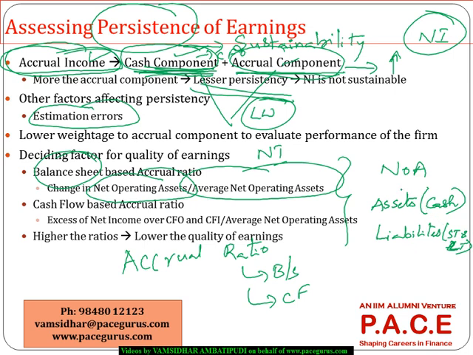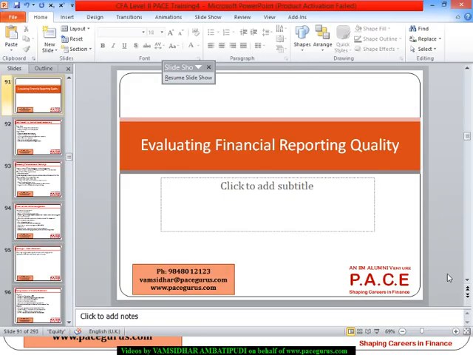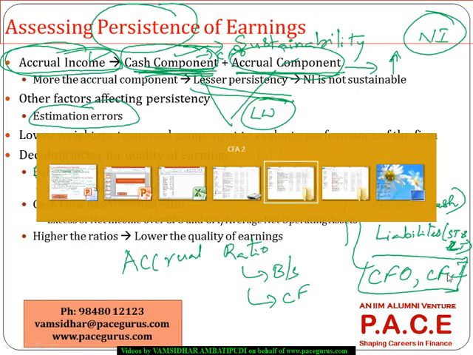The other way of looking at it is, any items that go into cash flow from operations and cash flow from investments, that's the interesting thing here. Any items that go into cash flow from operations as well as cash flow from investment from the balance sheet, include them for the computation of the net operating assets. Anything that goes into the financing activity, remove them from net operating assets. So from this, if I look at one Excel sheet for the same,